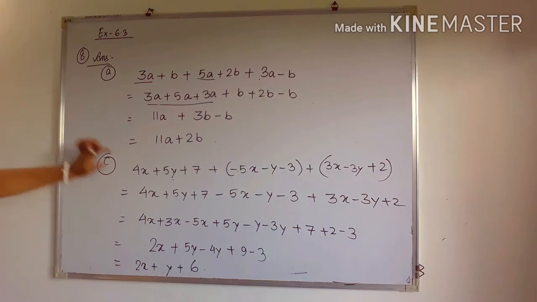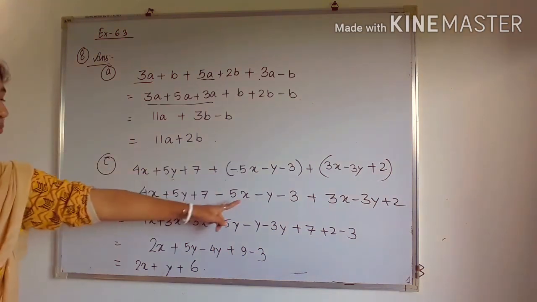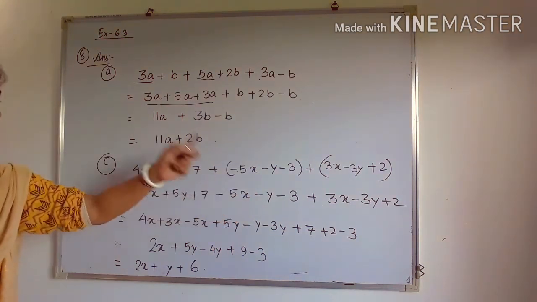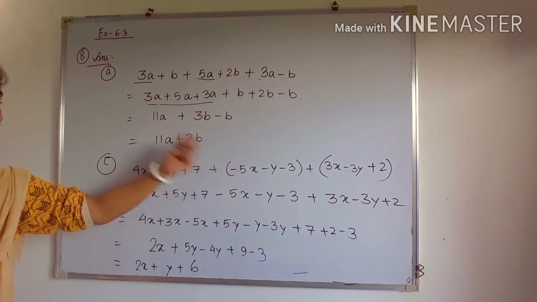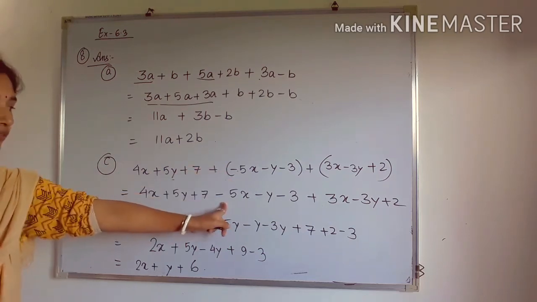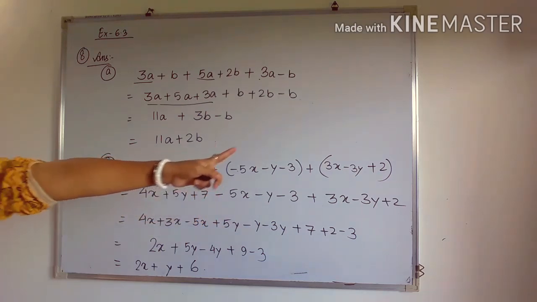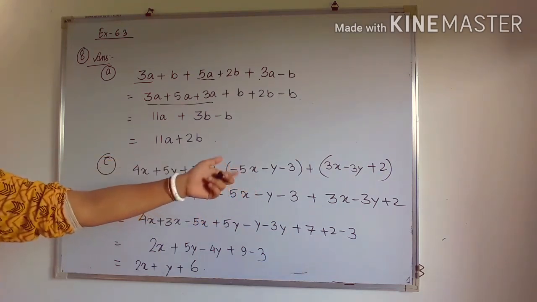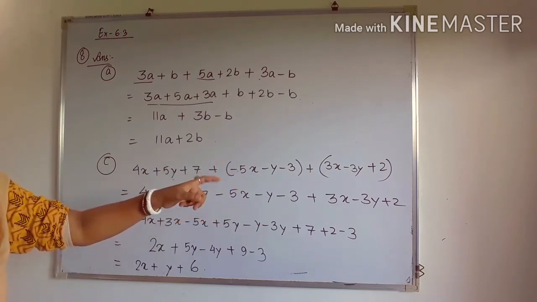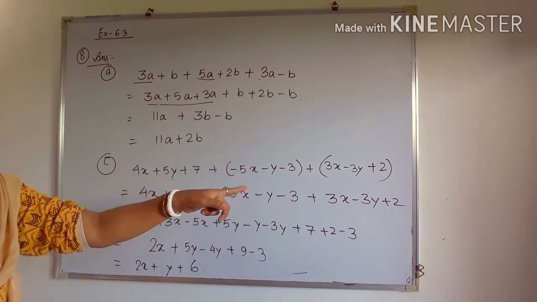Okay, so now there will be no change. All should be in minus when we eliminate the bracket. Okay, all will be what? Negative. Similarly, in that case, all the symbols will be the same as inside the bracket. When we take out all the terms, the symbols will remain the same.